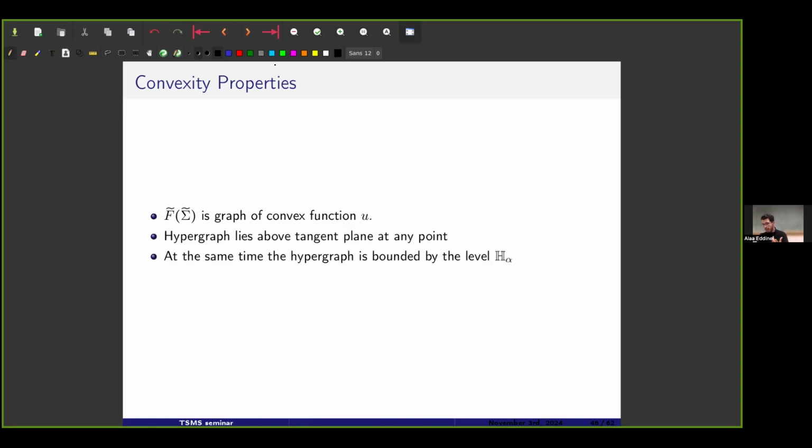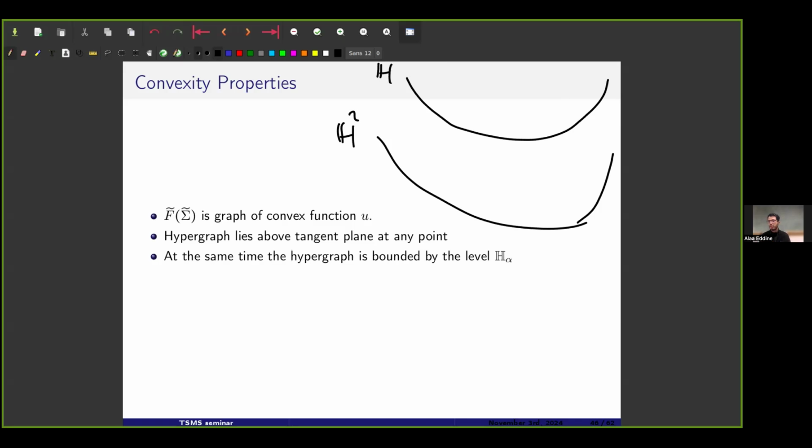So we have our graph. We know that it will be between two levels, H2 and H2 alpha. Okay, so it is somewhere here. The idea is that at any point the hypergraph of our function lies above the tangent plane, and if the tangent plane is very close to the cone,